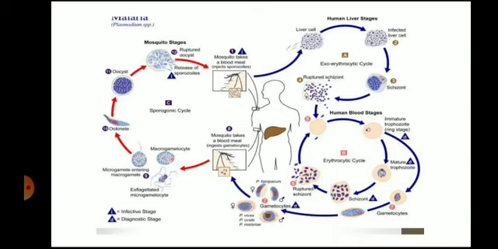Then these are converted into mature trophozoites and gametocytes. These mature trophozoites are converted into schizonts, and the schizonts rupture and again go into the human blood stage as immature trophozoites. Again these gametocytes